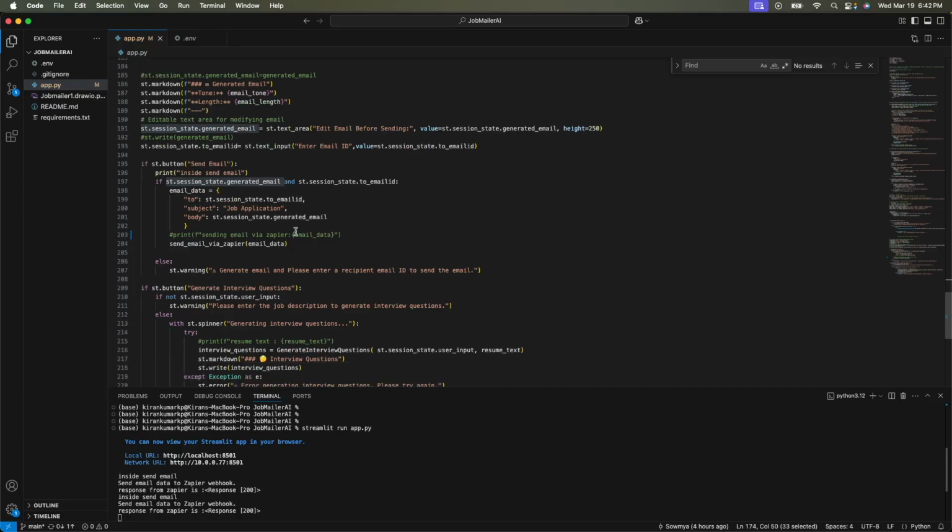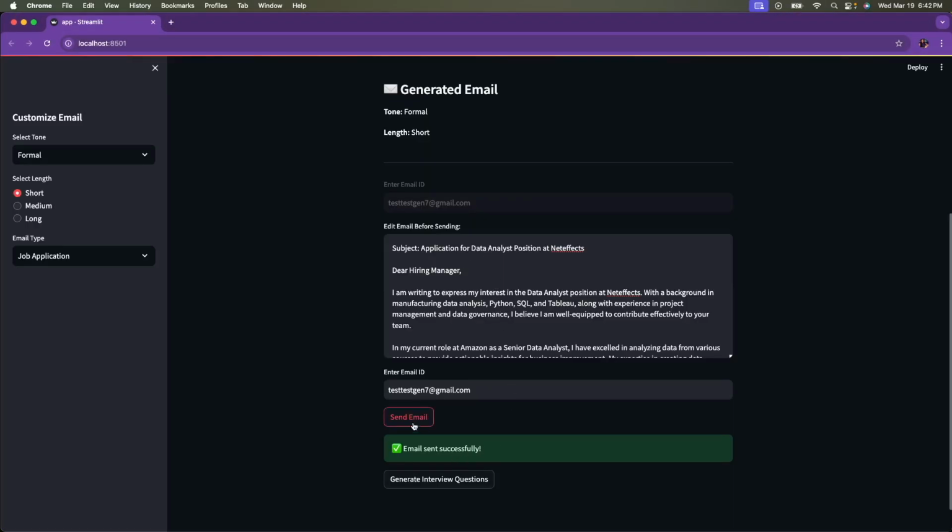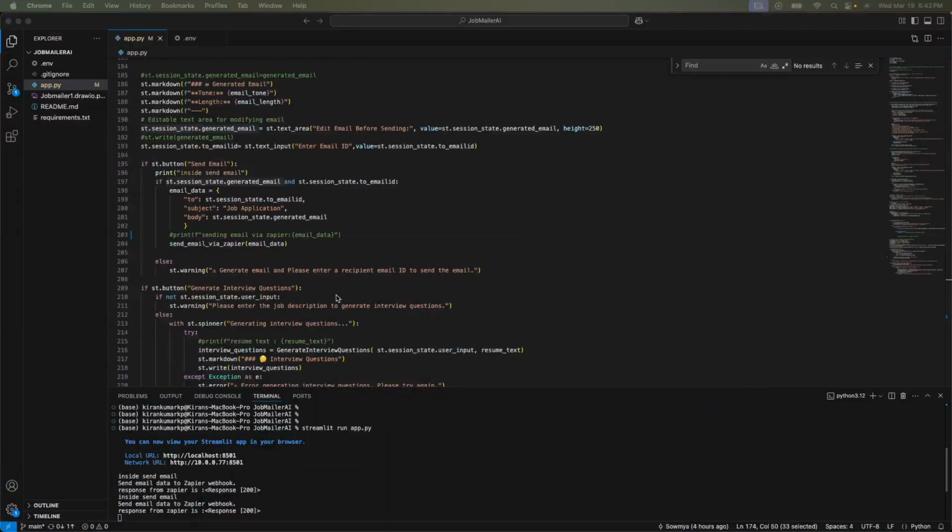After that, we are going to send the email. So we are going to click the send email button here. Once we click the send email button, we have to enter the recipient email ID. Then we have to click on the send email button. Once it is clicked, it will check whether there is a generated email and an email ID present. Then it will create the